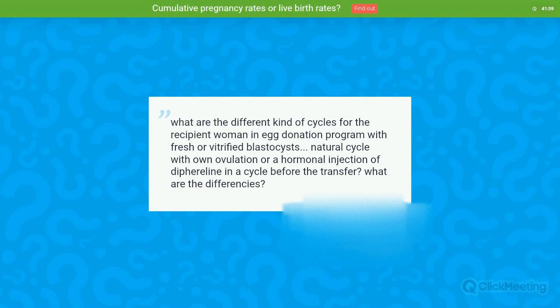In cases where we are going to do a normal egg donation treatment, with fresh or with vitrified oocytes, we can use both. We can use an antagonist protocol. It means that with the menstruation, the patient does a scan. If it's okay, the patient starts with estrogen or starts with antagonist during 5 days, or we can use the classic